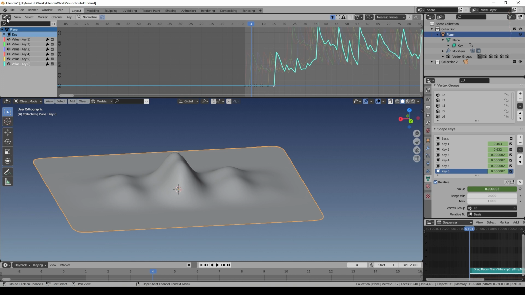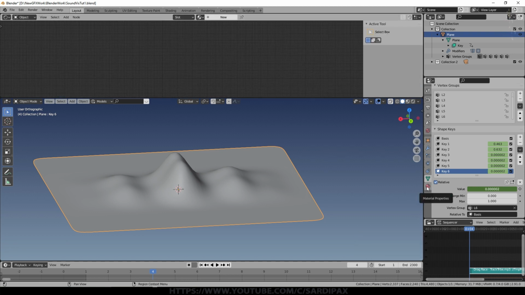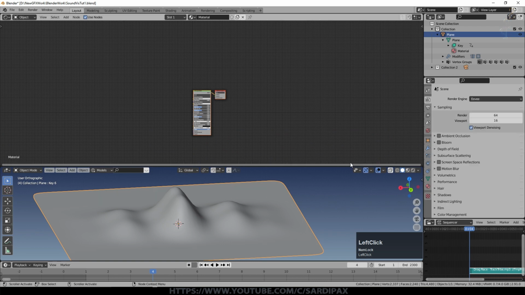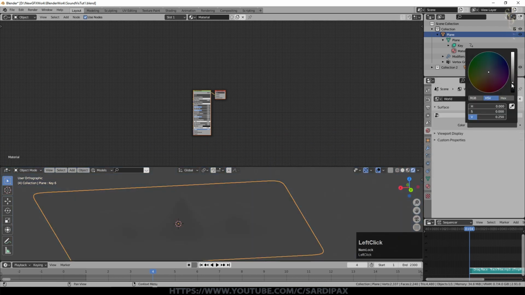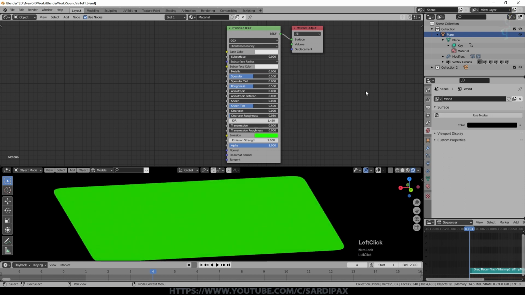What I'll now show you how to do is just how I created that sort of oscilloscope-ish effect. So I'll call up the shader editor, come down to here, and we'll just say a new material. I'll go to the Eevee engine and we'll just set the background to black. So we've got our basic principled shader. I'll set the emission up and just set it to quite bright green.